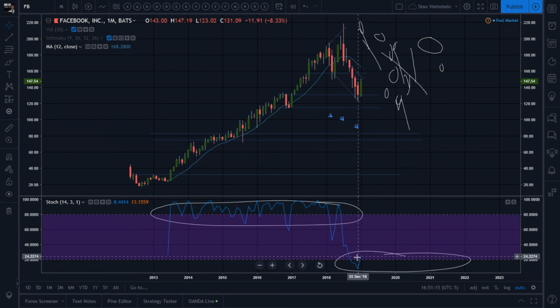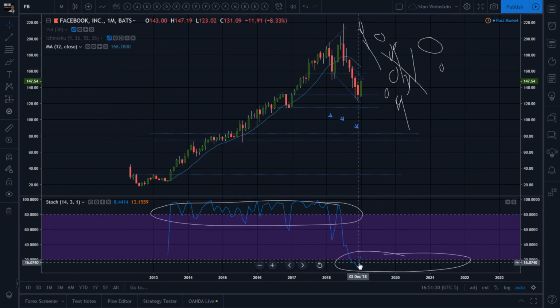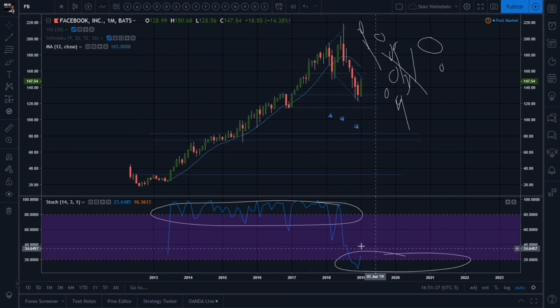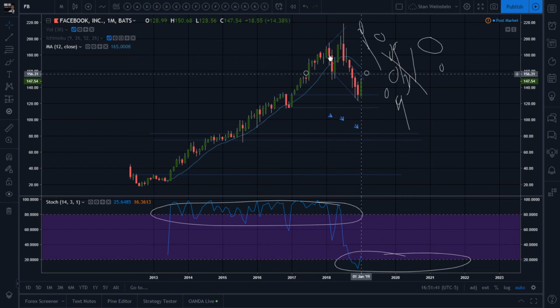And I guess on the monthly, if it does go back to oversold territory, that stage 4 is probably going to be broken. We're probably going to be in stage 3. We're going to be above that monthly candle close, that 12-month moving average. Might even start flattening. So if that indicator, the fast stochastic on the monthly, ever goes up here, stage 4 is probably going to be severely compromised. So I wouldn't put too much energy in this one telling me that we have to pull back up harder. Daily's ready to go down, and weekly is